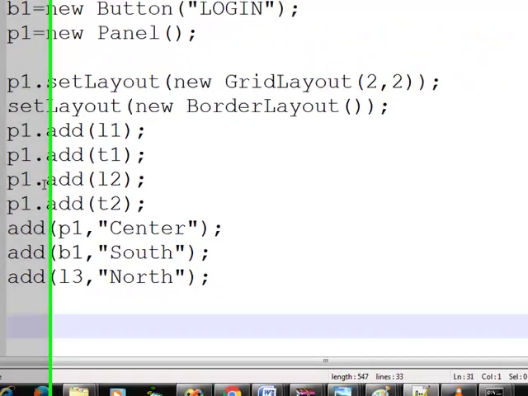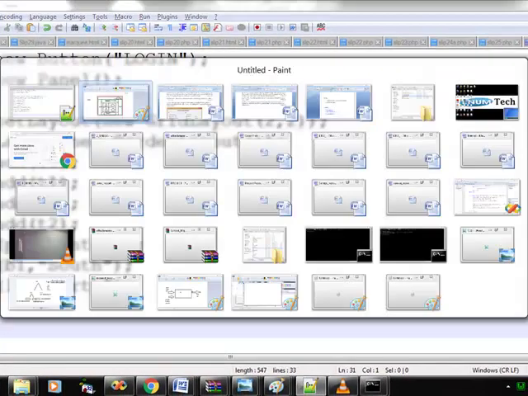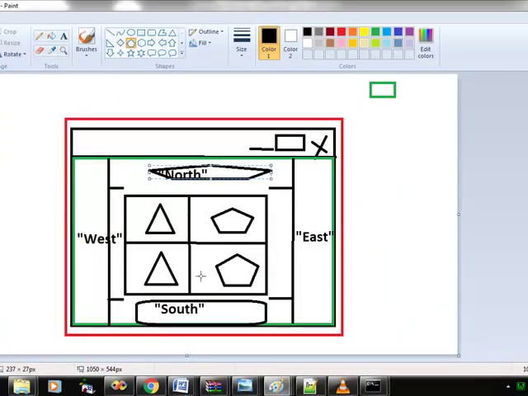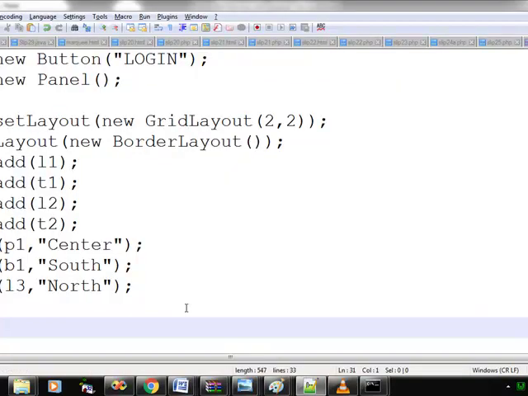Which button do you have to code? Of all these controls, which control do you want the code to run on? So register that with the appropriate listener. Which listener are we using? So add action listener. So b1 dot addActionListener, and where is the code for this listener? In this very class.